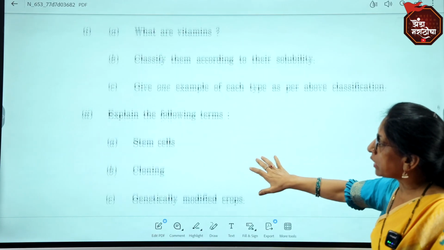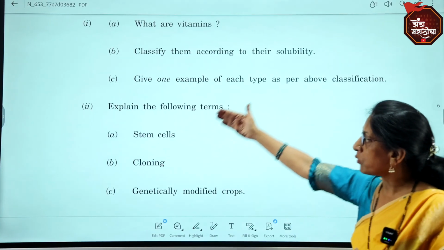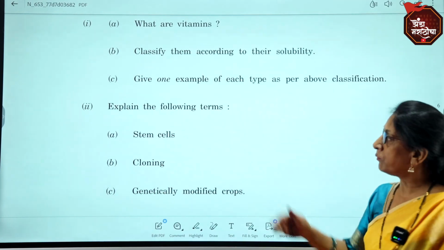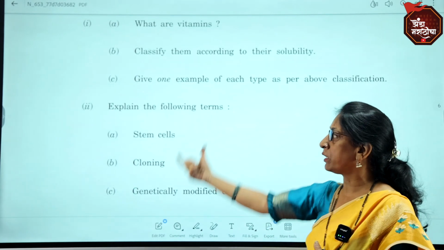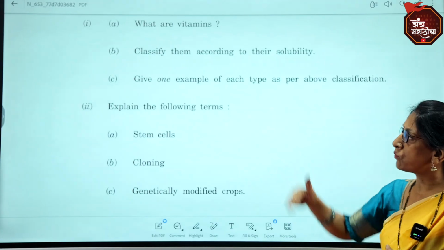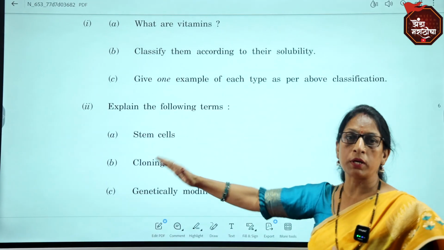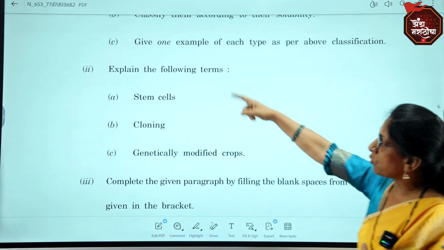So again when you are attempting question number 2, you can't change this pattern, because you have to write all the A, B, C of question number 2 properly. Because if you change it, that pattern will be changed, and then you will not get the marks properly. So when you are attempting these types of questions, you have to choose the questions properly, and write the answers properly, like question number 2.